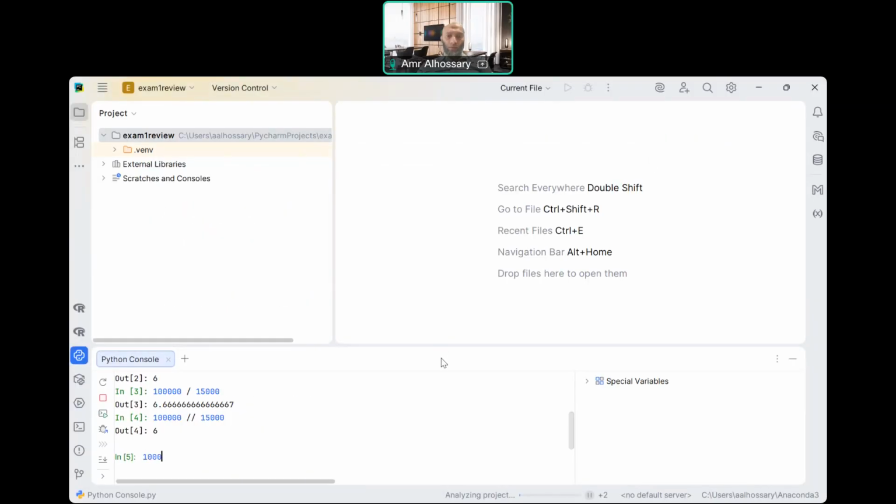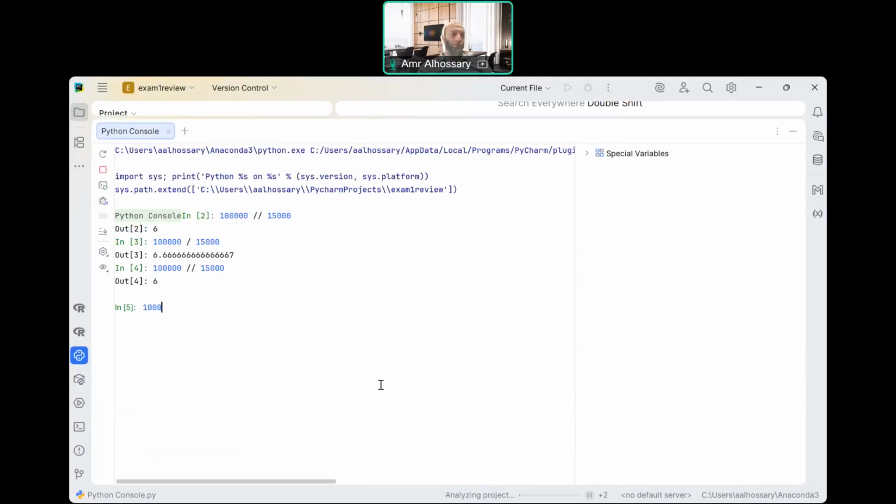Let's make this bigger. 1,000 normal division divided by 444. The answer is 2.2522. So if you want to round to the nearest two decimal digits, we can make it this way. Round this value, comma, two decimal digits. It will be 2.25. Okay,